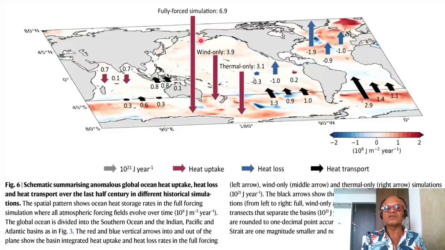So this is always kind of an interesting place when you look at the heat transport and the general lack of storage here. For example, there are western boundary currents and some storage happening here. So just look at the scale. Again, remember the numbers are not small. 10 to the 8 joules per meter squared per year here, and these are in 10 to the 21 joules per year. So is this the end of the story?